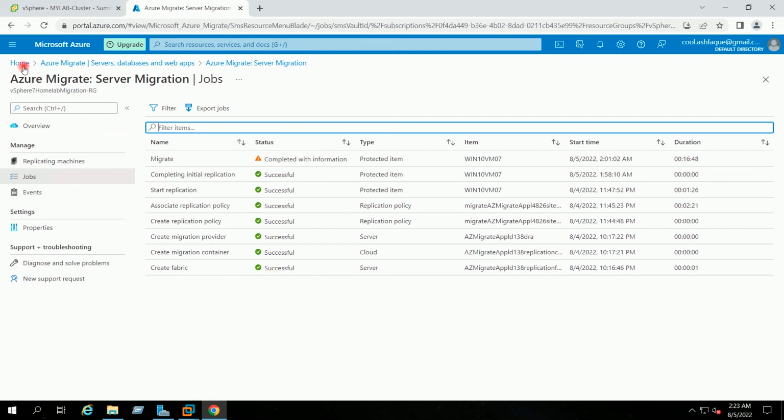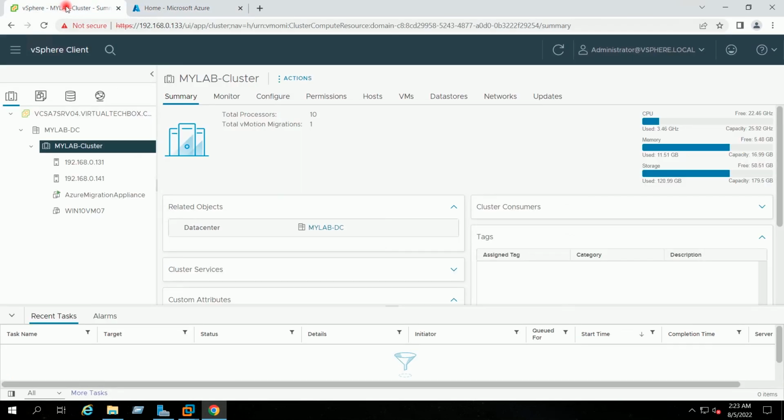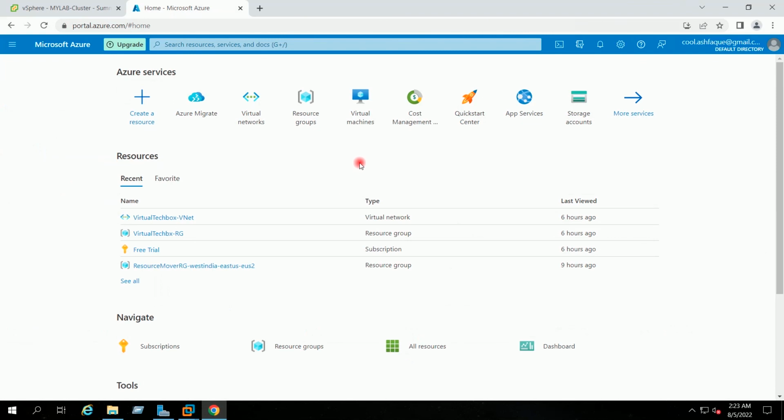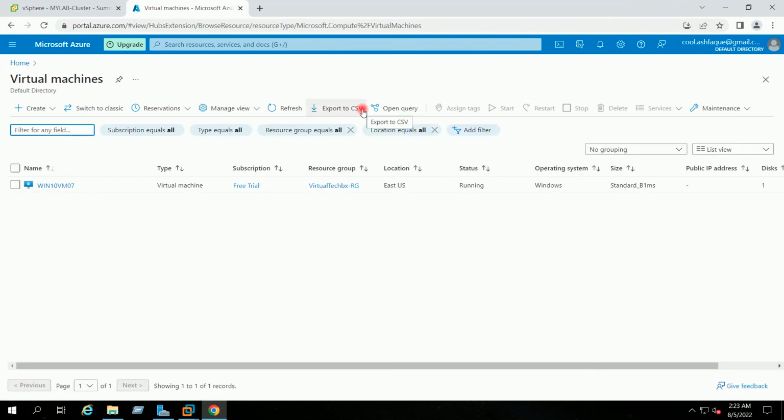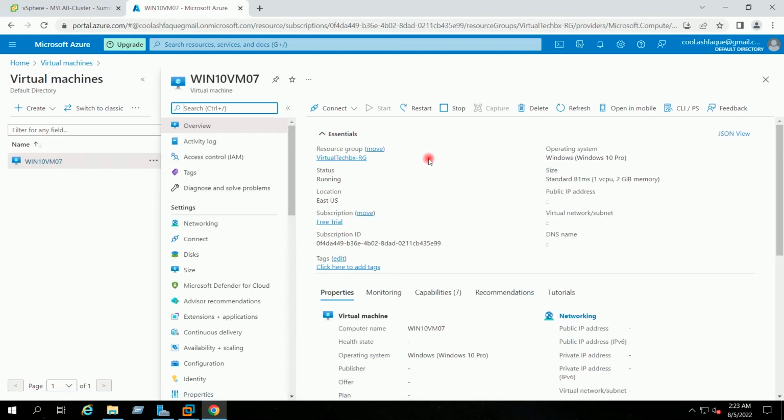I will go to home, and if I go to vCenter, you can see our Windows 10 virtual machine has been shut down. On the Azure portal, if I go to virtual machines, you can see our virtual machine is present and it is running, and this is the private IP of the virtual machine, 10.0.2.4. As of now, this virtual machine is not having any public IP.